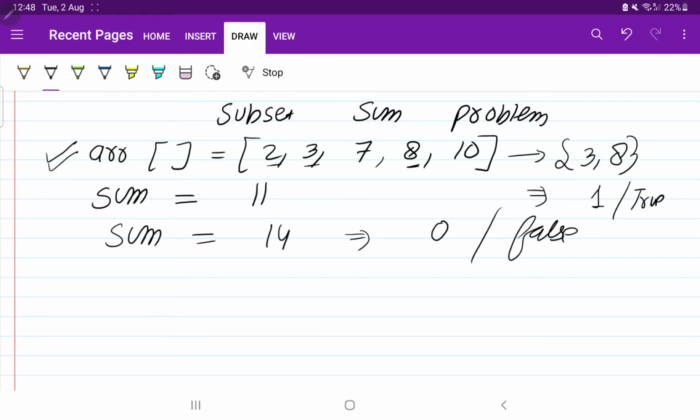In the question, an array is given and we need to check whether there is a subset possible which will give us the required sum.